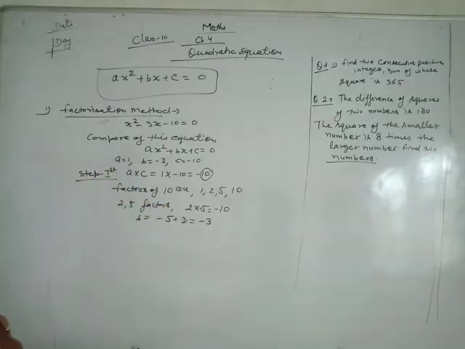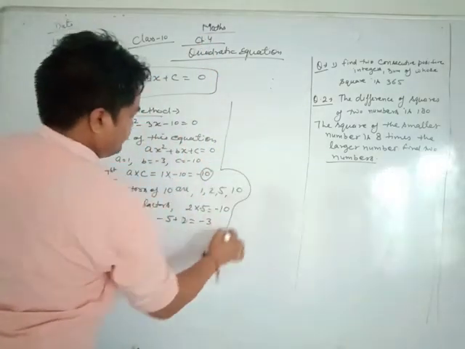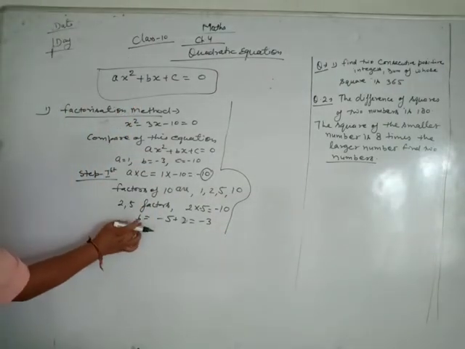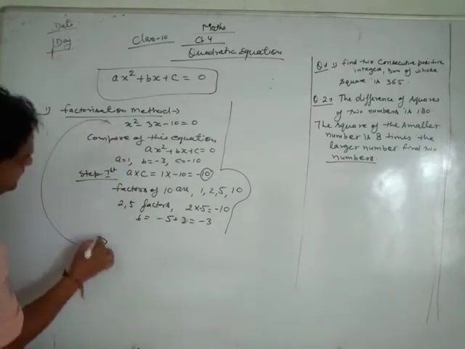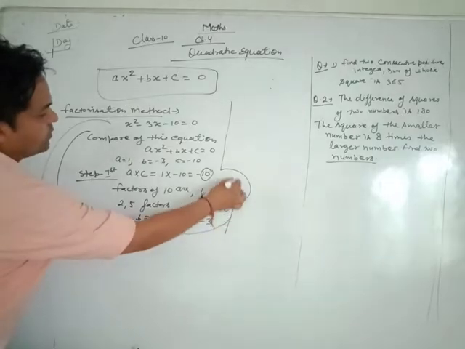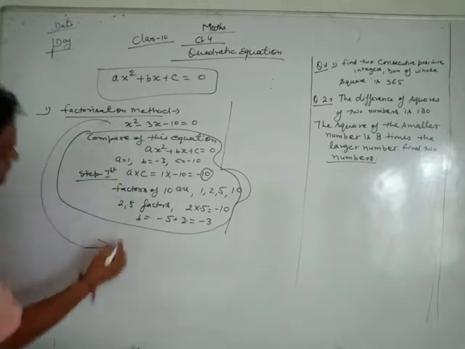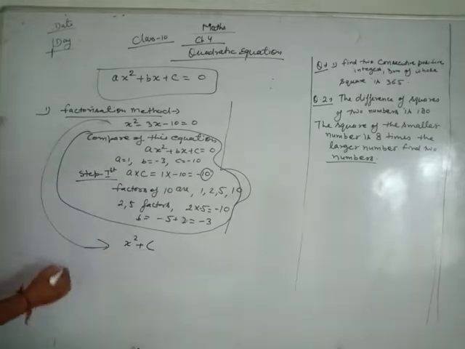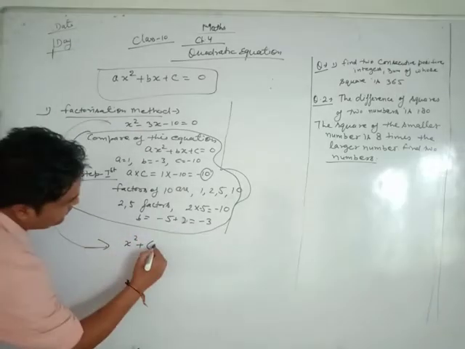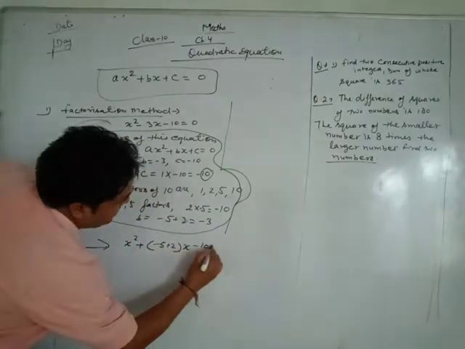It means b. Again, how can we write it in the question? Now here, what change? Because we can write x square, it is rough work, only rough work for you. Now we are starting directly from this question. x square plus here I have -5 plus 2, x -10 equal to 0.